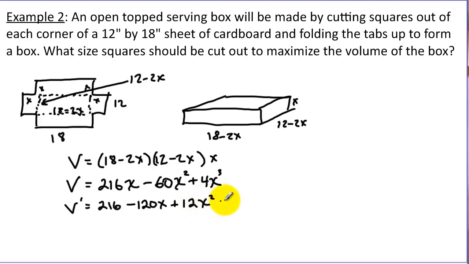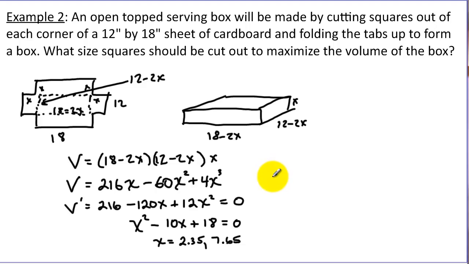And now we want to set that equal to 0 to find our critical values. All those numbers are divisible by 12, so we can divide the entire equation by 12, and we end up with x squared minus 10x plus 18 equals 0. Now that's not factorable, so we could use the quadratic formula or a graphing calculator to find the zeros. I've already done that for you. Hopefully you know how to do that. So we get 2.35 if I round that, and 7.65 as our